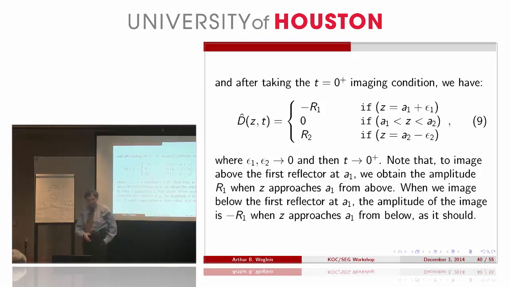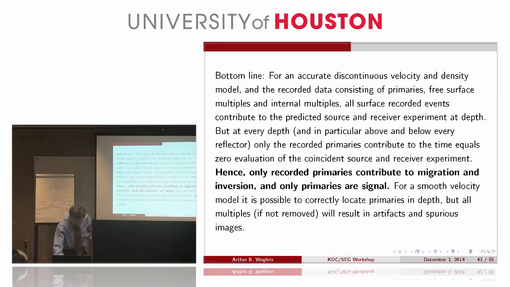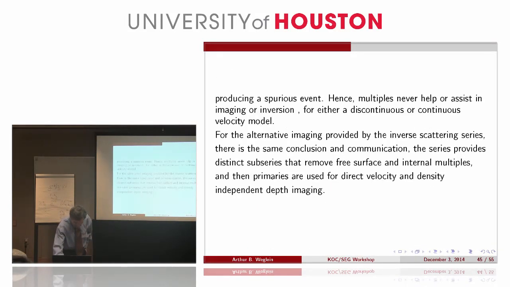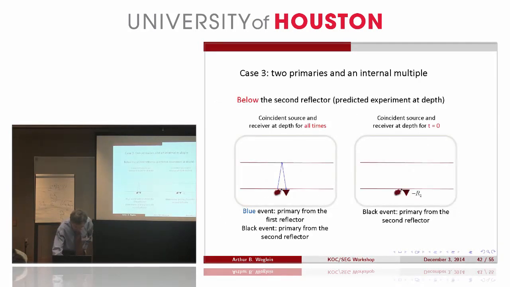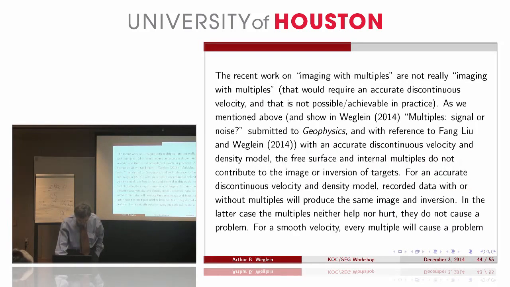So that mathematics, when you see what's contributing to the image, all the multiples don't. Okay? That's the analysis that goes along with those figures. Yes? And then we don't have the one under the R2. In other words, there's a similar mathematics that gets you under the second. Okay, so that's wonderful. So when you have an accurate discontinuous velocity,